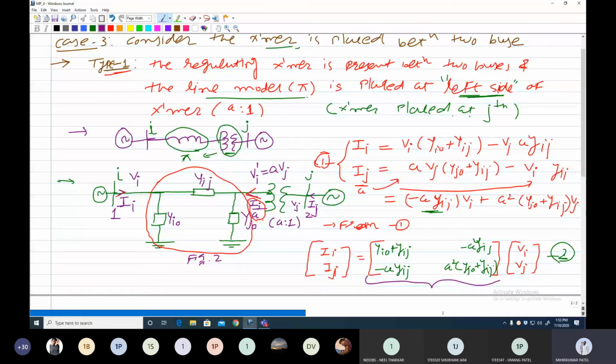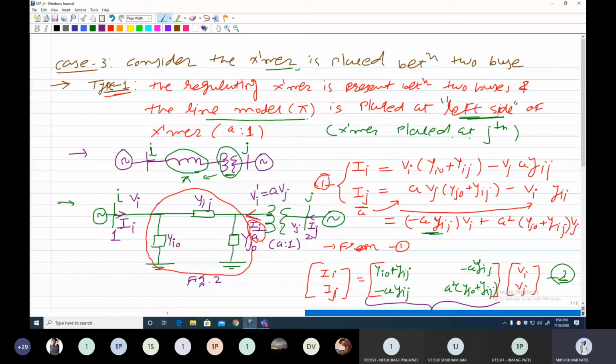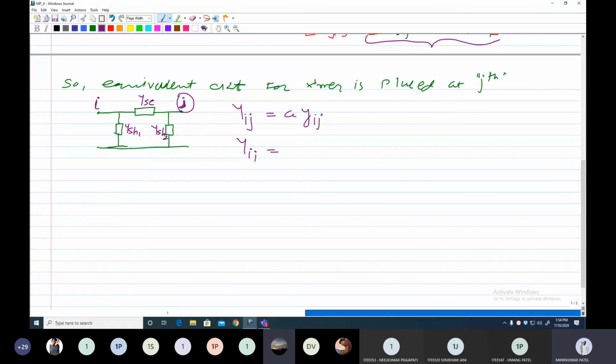Yi0 plus Yi2. And in the actual case, Yi0 plus Yij, and the summation of these off diagonal elements which is offered by the transformer. So we'll explain. So the final value from the matrix you can write